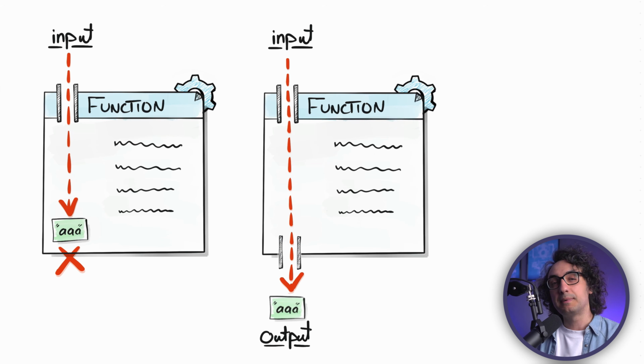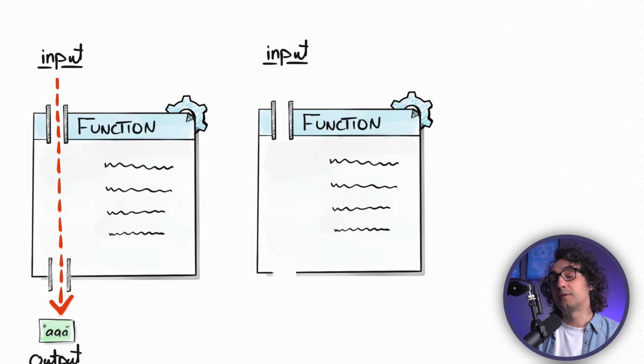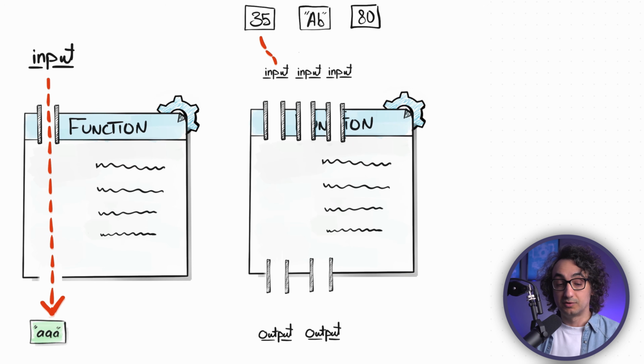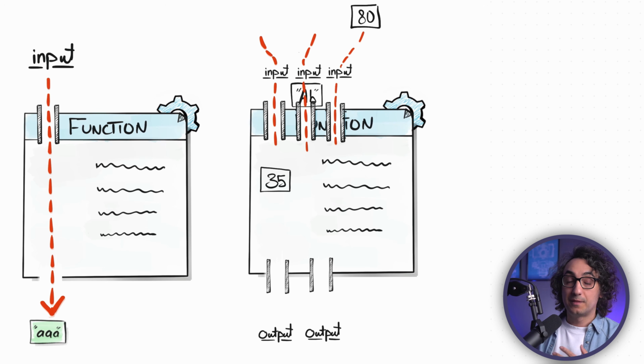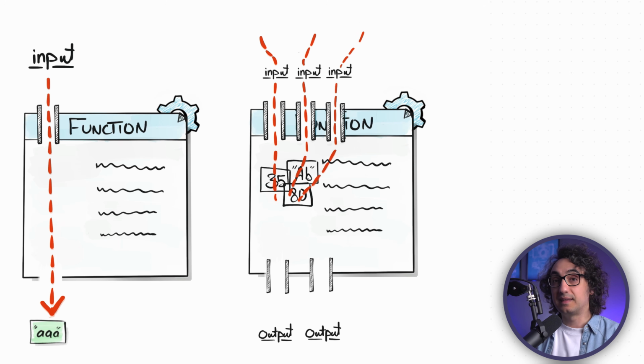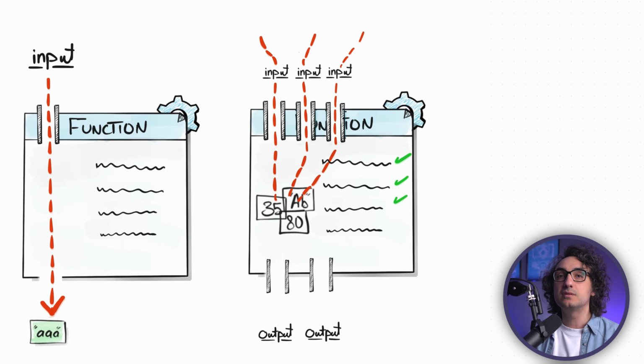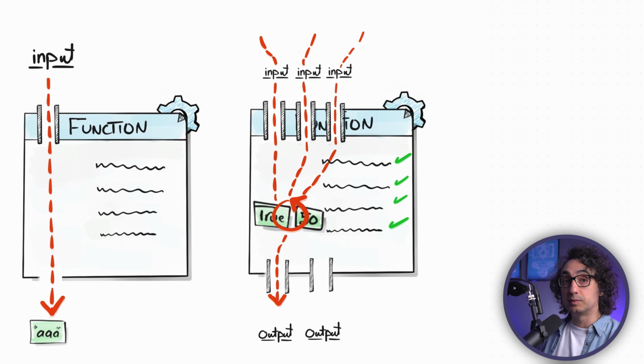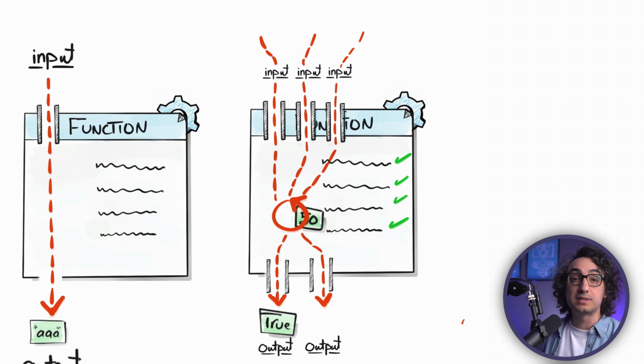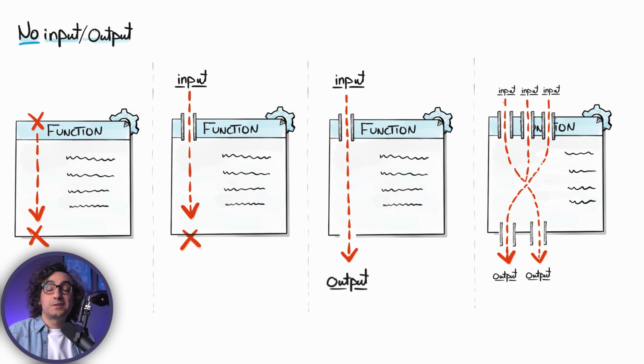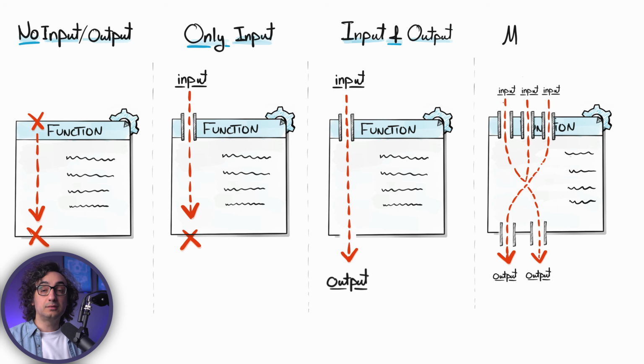but with different shape after it gets transformed. Of course, some functions take multiple inputs, so multiple data goes inside, then something is going to happen, then they're going to do calculations and transformations, and then you could have multiple outputs as well. Multiple data are going outside. So as you can see, you can design the function the way that you need. You have different shapes. You could let data go in and go out as well.